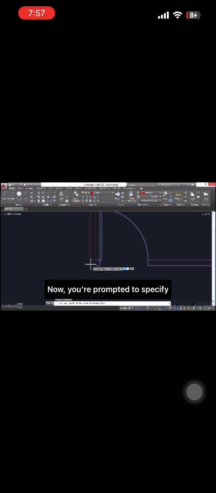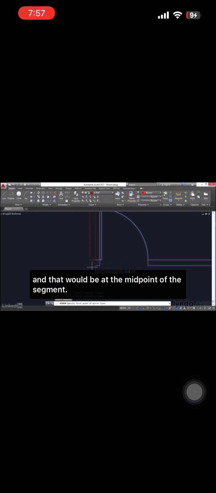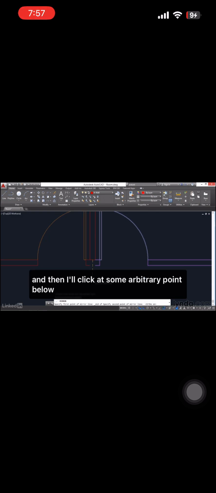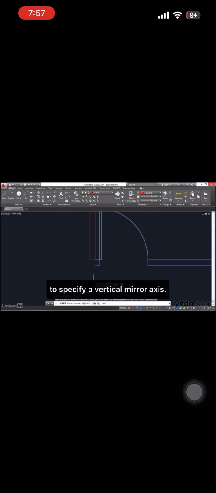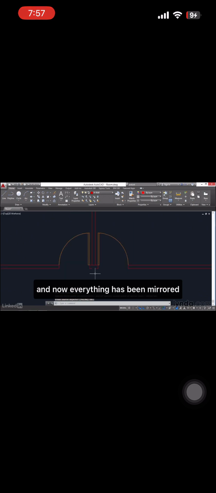Now you're prompted to specify the first point of the mirror line, and that would be at the midpoint of this segment. I'm going to hold down Shift and right-click and choose Midpoint right here. I'll turn on Ortho by pressing F8, and then I will click at some arbitrary point below to specify a vertical mirror axis. Now, erase source objects? No. No is the default, so just press Enter. And now everything has been mirrored around that axis